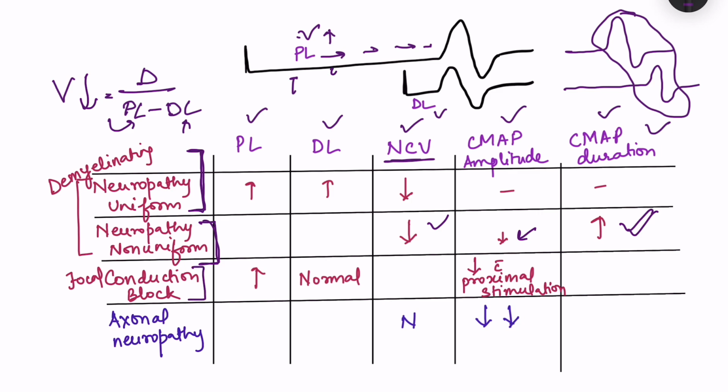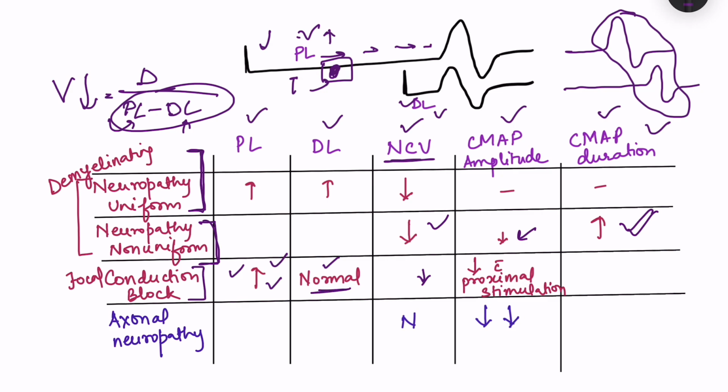Suppose here somewhere there is a demyelination or some injury, so that there is focal conduction block. So the action potential will not travel when you are stimulating proximally, right? So proximal latency is going to increase, but distal latency is going to be normal. So yes, nerve conduction velocity ultimately is going to decrease because one of the times is increasing. So total time, if we calculate from here, it is going to increase. Okay. So nerve conduction velocity is going to decrease, but very important that the proximal latency has increased and the